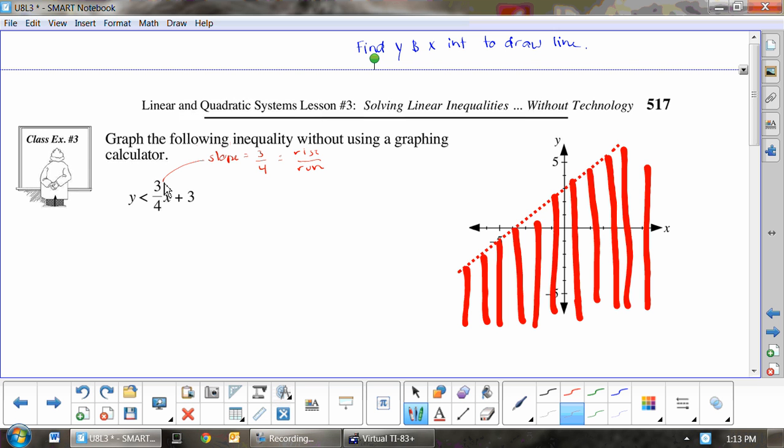So, next thing, we have our equation in the y form already. We have a line drawn. We want to find